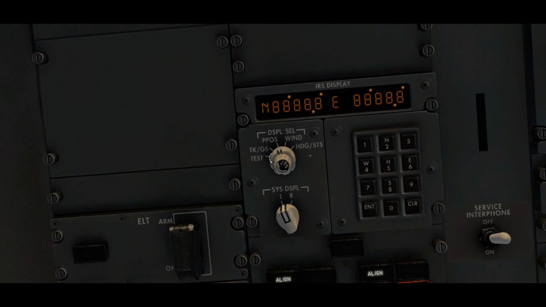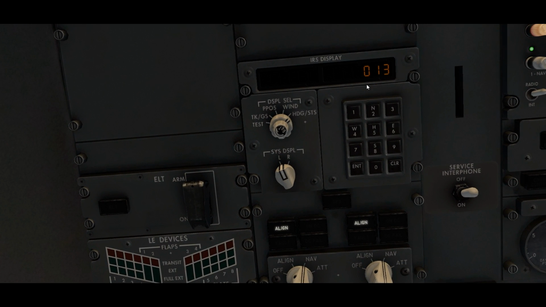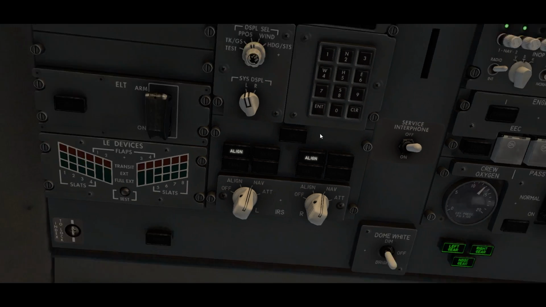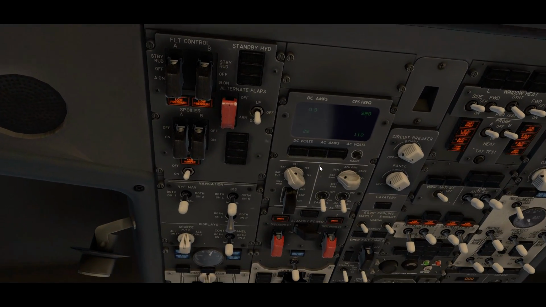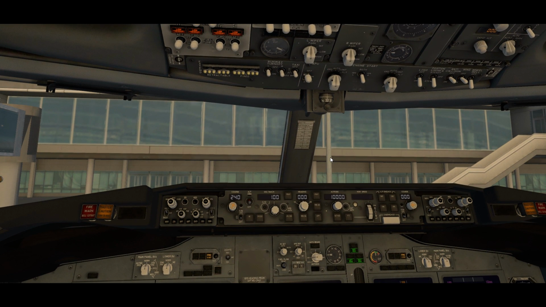But I don't think you're able to do a test here. And if you go all the way to... Okay, we gotta wait for this. If you go all the way to the heading, it tells you how much time remaining for the aircraft to align. So 13 minutes, that is quite a lot, if you ask me. Anyway,